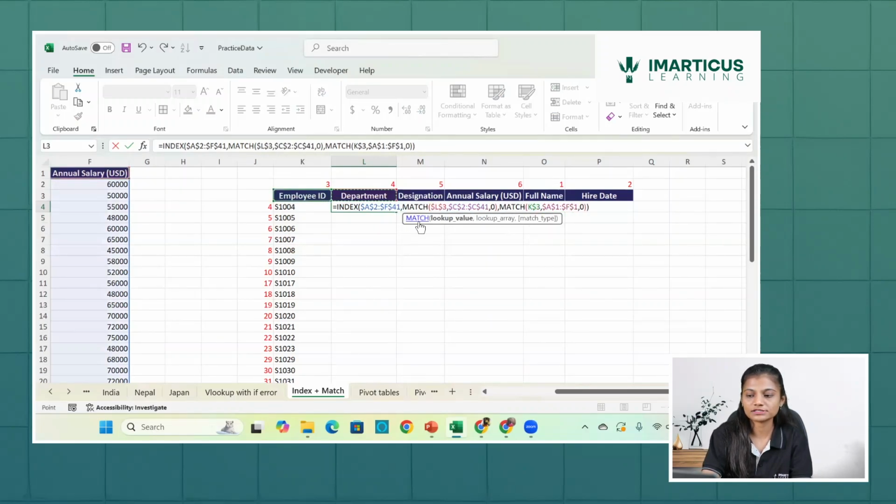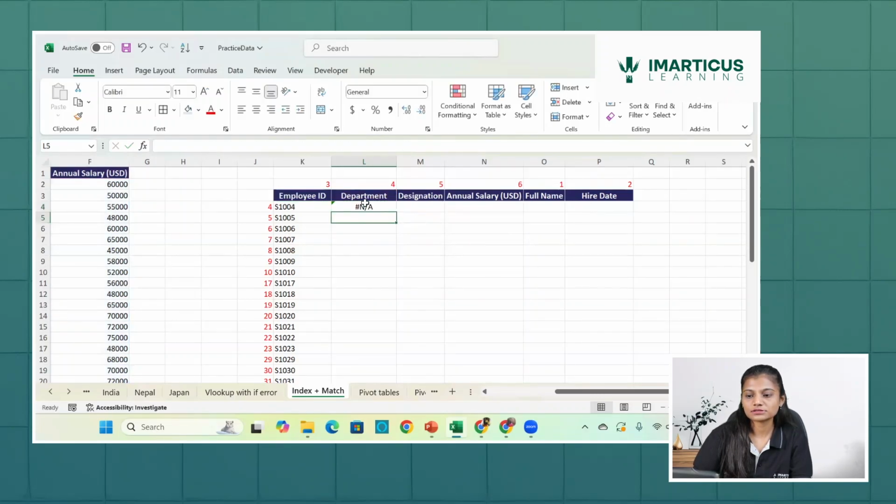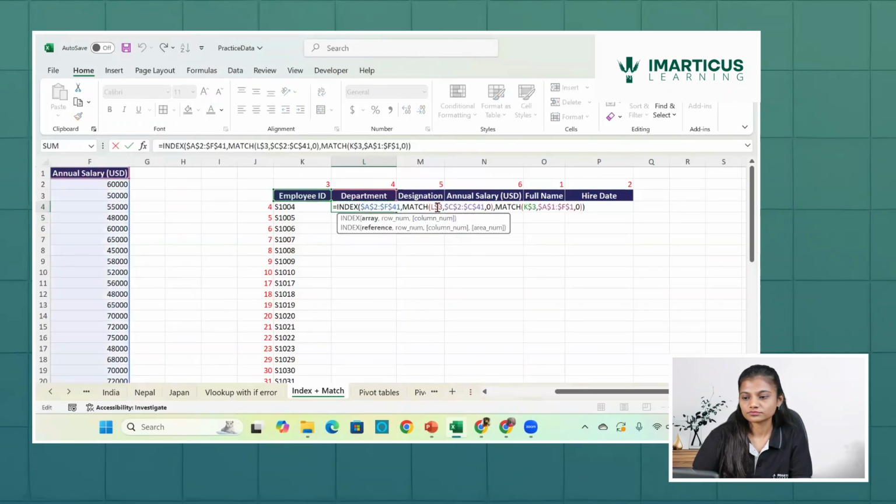Let me give a referencing again where I want to refer this. F4. Yeah. And let me give a referencing again. Now instead of selecting employee ID, I must have selected the department. So